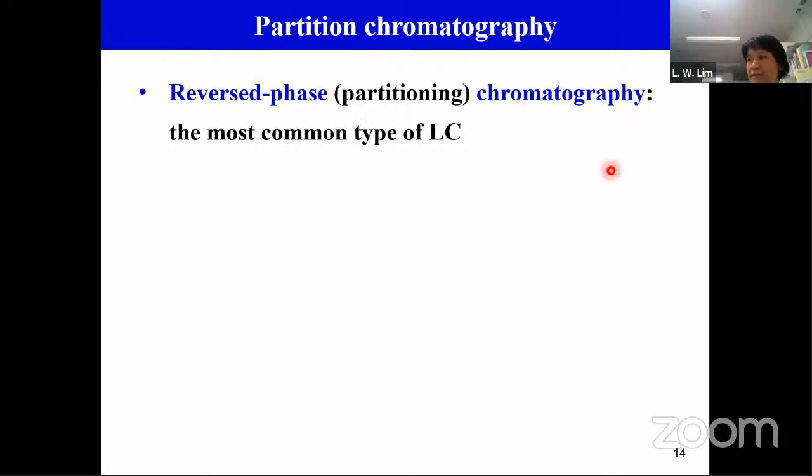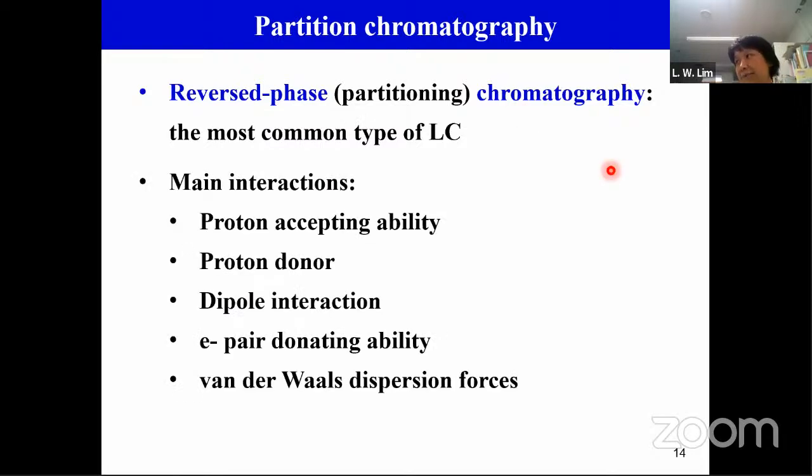So the main interactions involved in this partitioning chromatography are the proton accepting ability, and of course we need a proton donor. Another type is the dipole interactions. Then we also have the electron pair donating ability. And last but not least, the van der Waals dispersion forces. Among all of these five interactions, there are other smaller ones, but the important ones are the proton accepting ability or the proton donors,